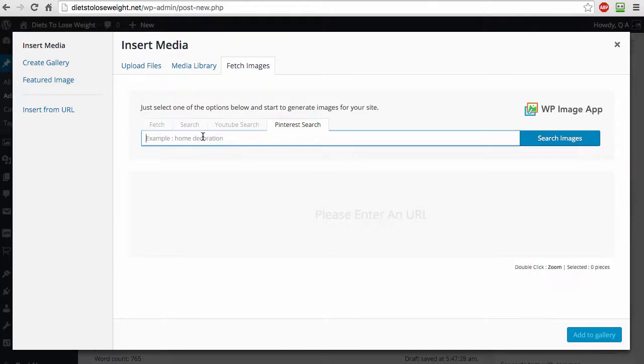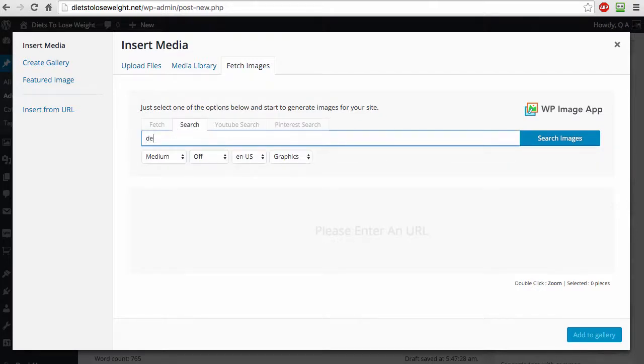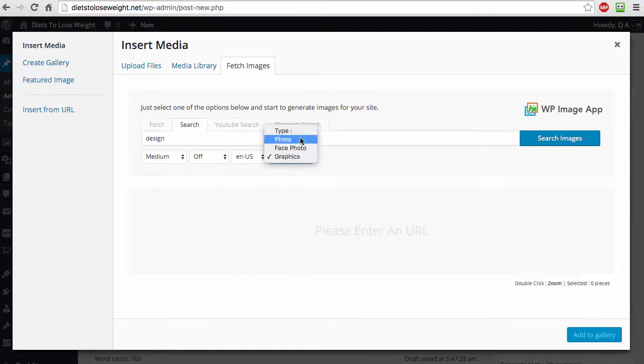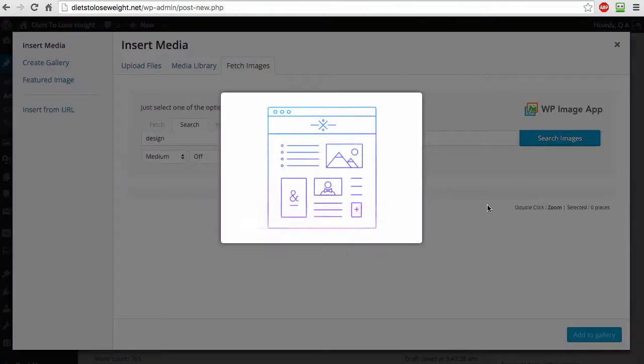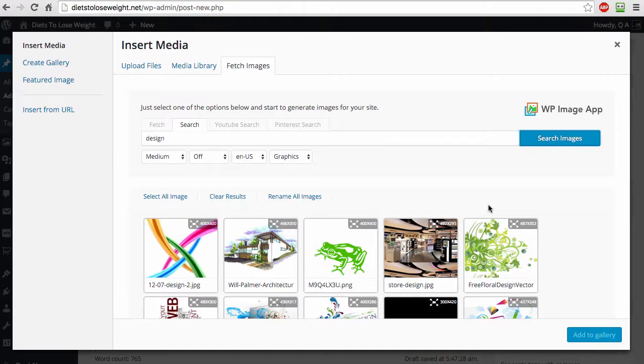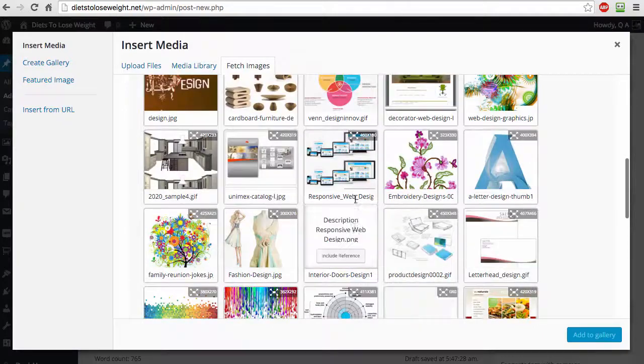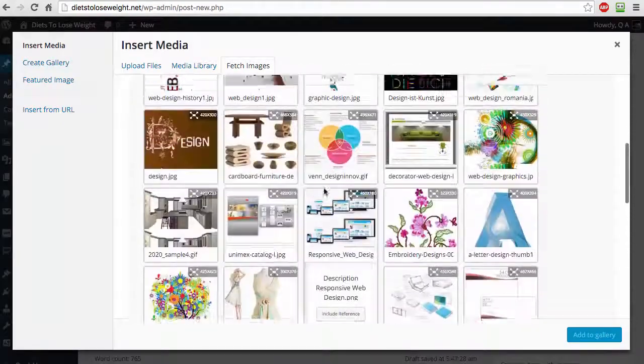So what I'm going to do right now is a quick search here, and let's say we are searching for design, so something related to design. And obviously here you have image size options. You can also select different rules here, different markets here, and also the type of images that you want. So let's just type in design and click search. And now what WP Image app did, it found a bunch of different images that are related to the search